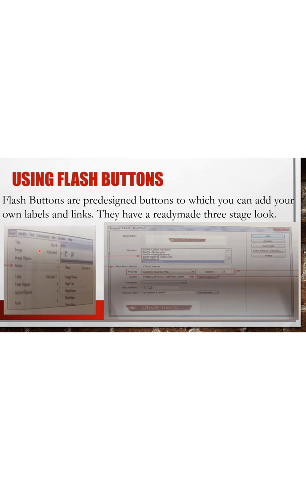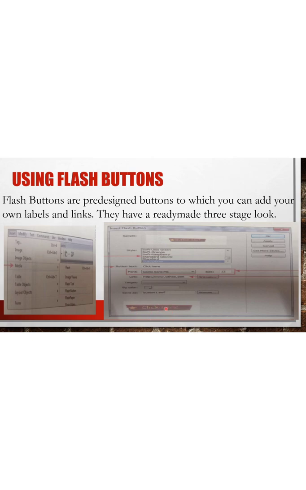Now, how to use the flash button? For that, you have to click on the insert toolbar. Then under the insert toolbar, you have to click on the media option. From that, you have to click on the flash option. After you click on the flash option, the flash button dialog box will open. In that, you will be able to create the flash button. You can select a style for your flash button. Many styles are available. From that you can select a style, give a color for your flash button, and enter text on the flash button. Here the text entered is click here. You can see it in this flash button.